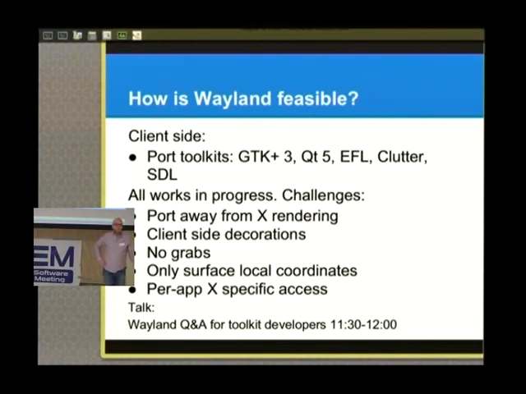And I think GTK, for example, has a lot more cases where apps will go and access the X server or X-specific behavior. But it is just something that we have to deal with. I mean, it hasn't been a problem before because we're always running on X, but now there is some work to do in tracking down those accesses.